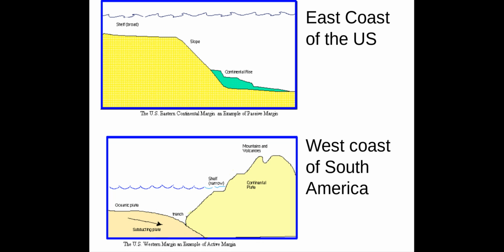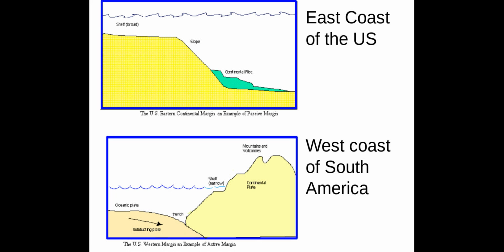Another type of margin is modeled after the U.S. West Coast. This margin is sometimes characterized as an active margin because it's on the leading edge of the North American plate. Margins along plate boundaries are mountainous with narrow shelves right here, steep slopes,